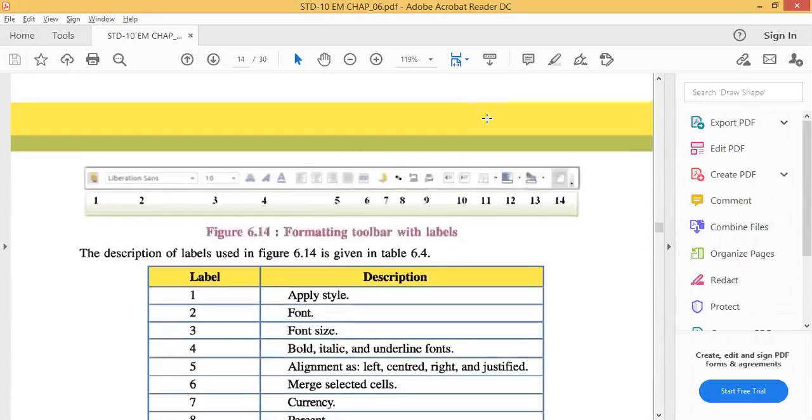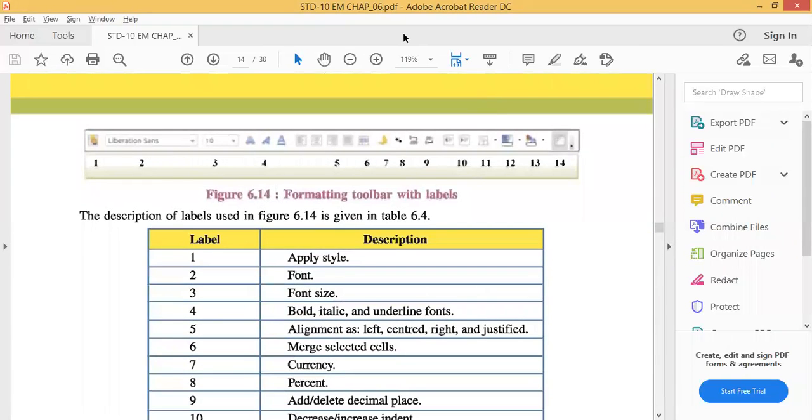Formatting a cell. Now as per the name, this is our formatting toolbar. If you remember, I already explained what is the formatting toolbar and what is the standard toolbar. Now the formatting toolbar. Now I want to give the name in blue color. Select, this is the formatting toolbar. Go to text, give blue color. Whatever, these all are formatting.